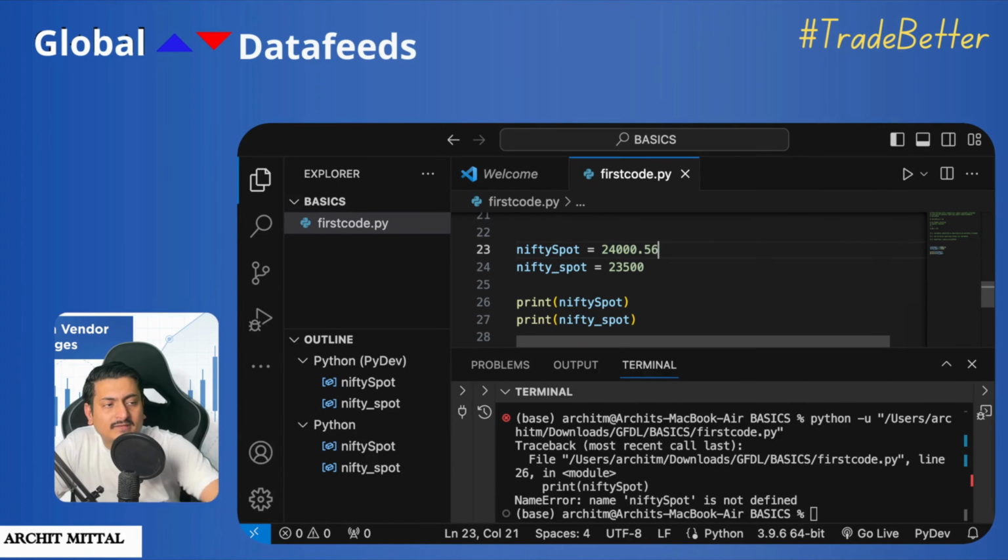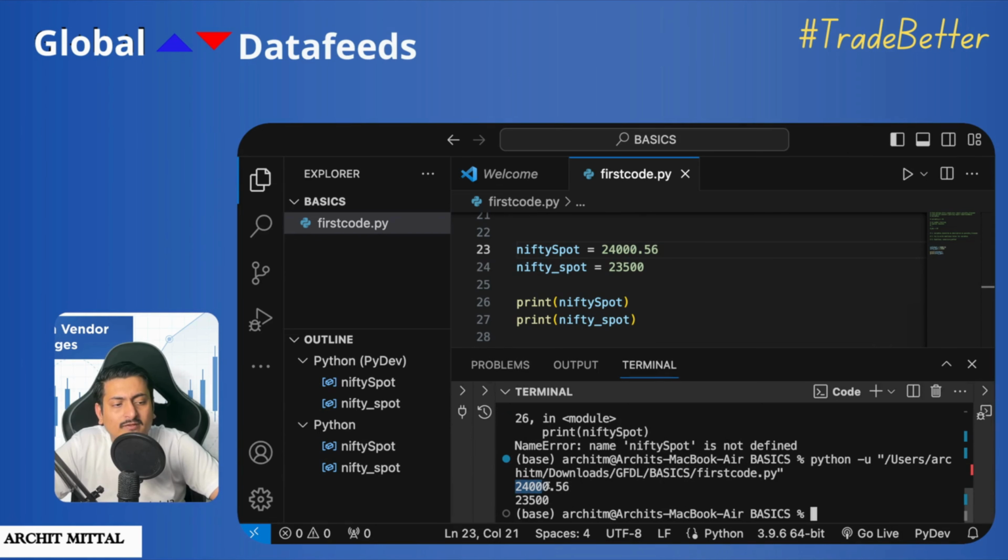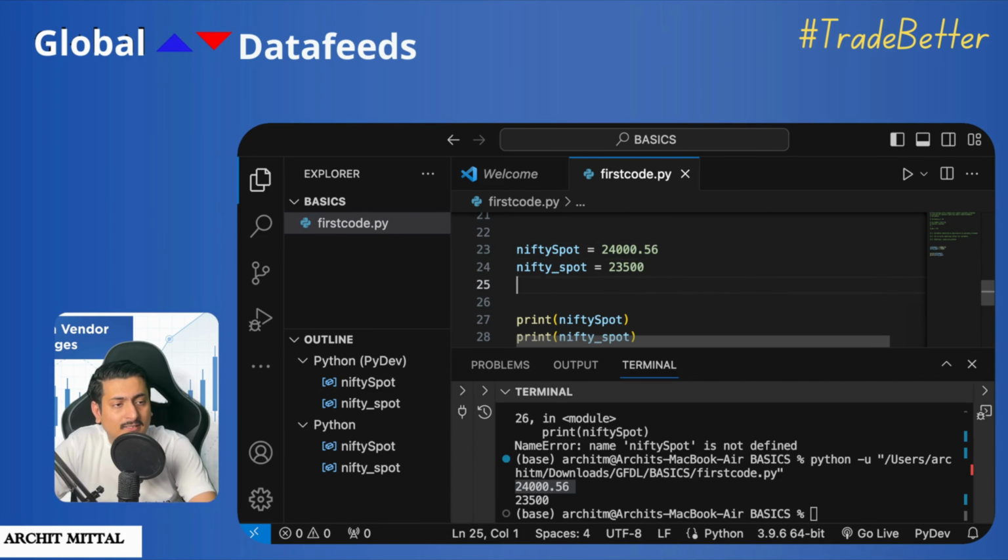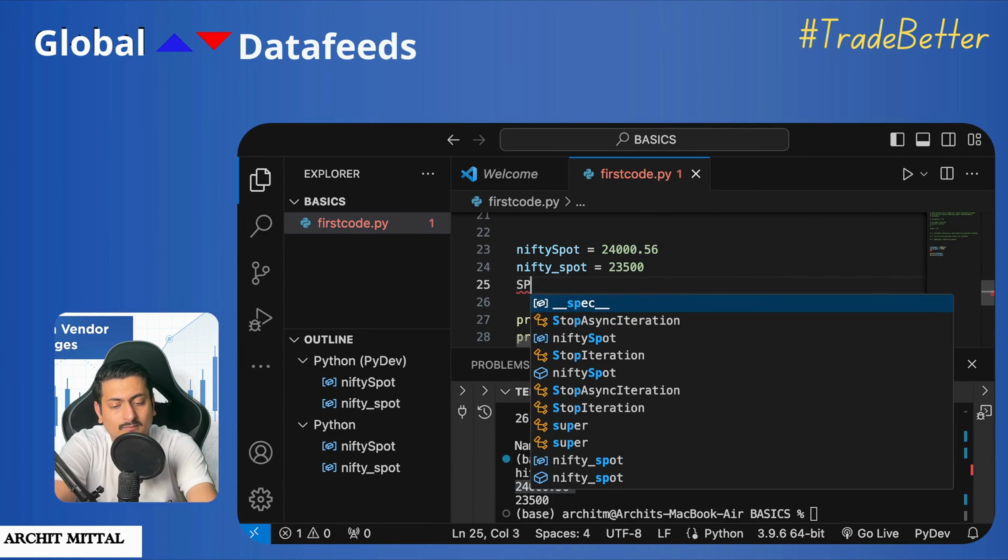Or maybe this can be float values, let's say 24,000.56. If I just run it now, you can see 24,000.56. You can give decimal values also, known as float values, and the third type of values are string values. What is a string value? Let's say spot